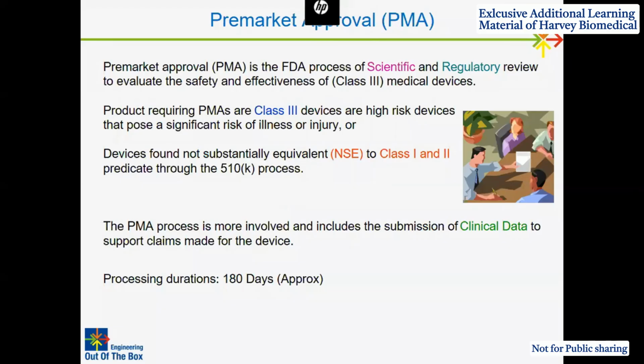Coming to the pre-market approval. The pre-market approval is the FDA process of scientific and regulatory review to evaluate the safety and effectiveness of class 3 medical devices. Why specifically class 3? Because class 3 means high risk devices. Whenever there are high risk devices, we have to go ahead with the